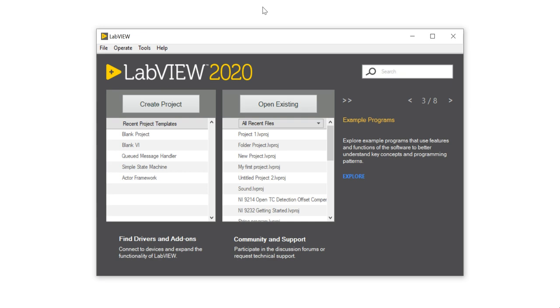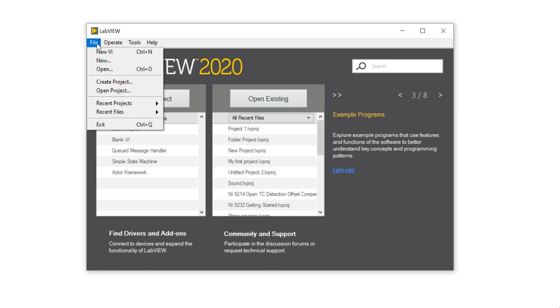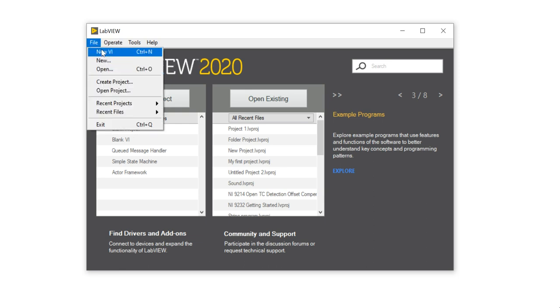Our next target is to create a project. How can we create a project? Let's see. When you come into the getting started window, you will get create project, or you will get this file IO. So here I'm clicking on file, and in the file you will get the create project.